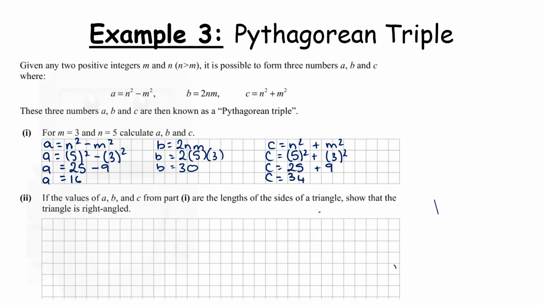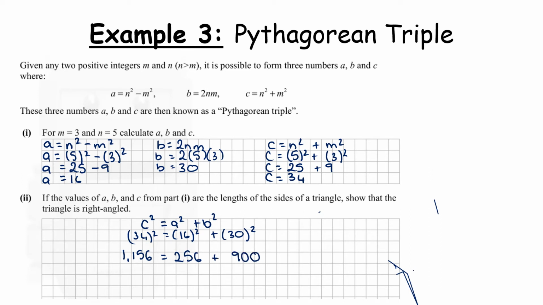If the values of a, b and c for part one are lengths of the sides of a triangle, show that the triangle is a right angle triangle. So what we want to say is if c squared is equal to a squared plus b squared, if that is true, then it is a right angle triangle. So let's work with that. We have 34 squared is equal to 16 squared plus 30 squared. 34 squared is 1156. 16 squared is equal to 256, plus 30 squared is 900. So 256 plus 900, we get